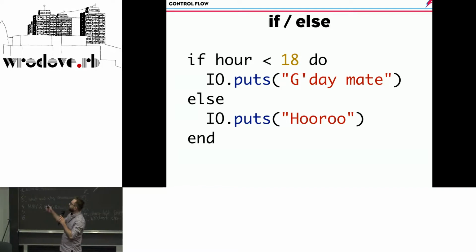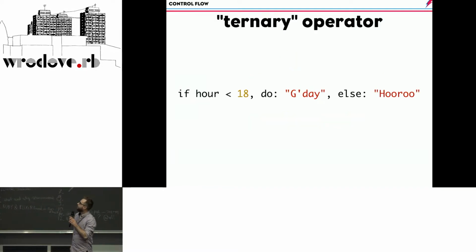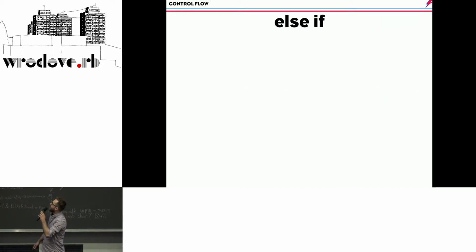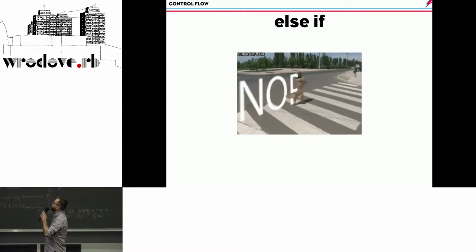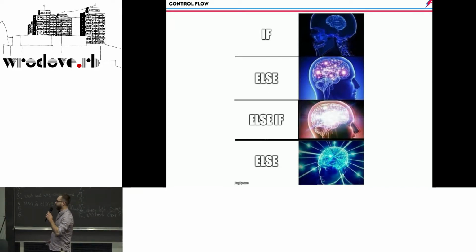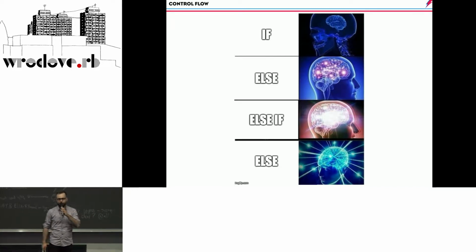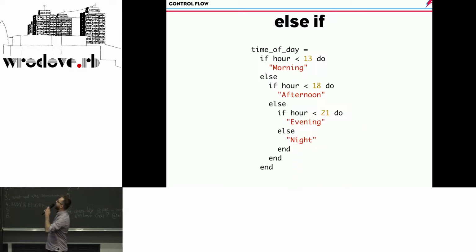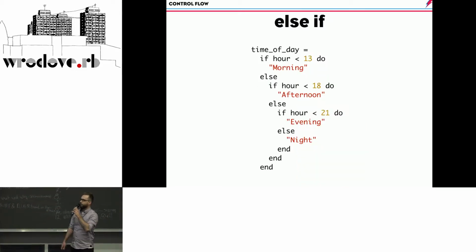So in Elixir we have if-else. This is cool. We also have something like ternary operators, so we can write inline if-elses. We have else if. Oh, sorry, we do not have else ifs, but this is like if else are some things that millennials only want. We don't really need it. Oh, that works better. So why do you need if else if you can write something like this?